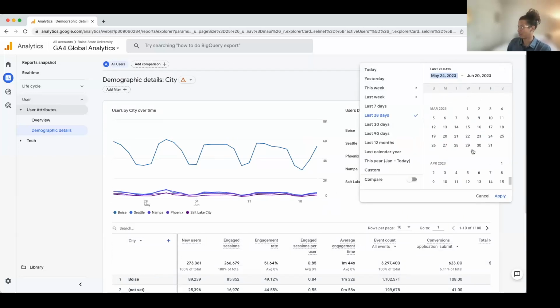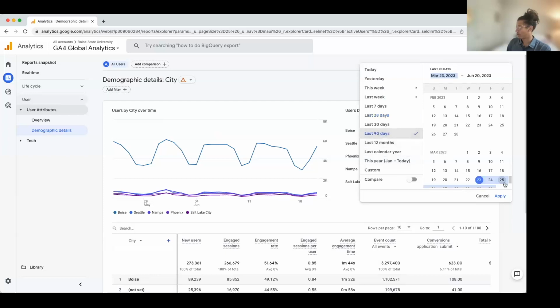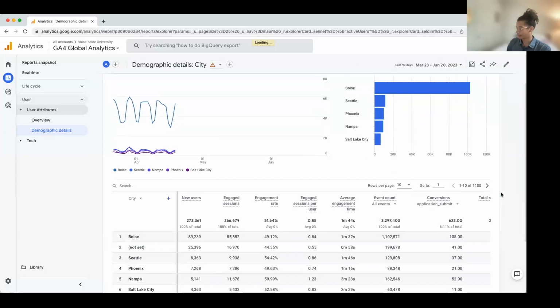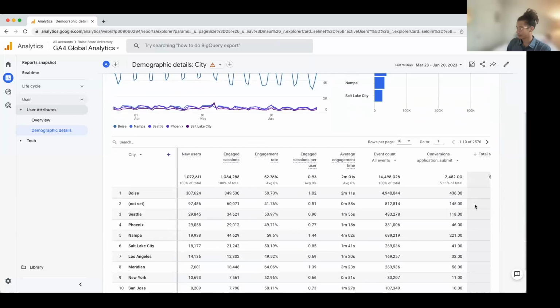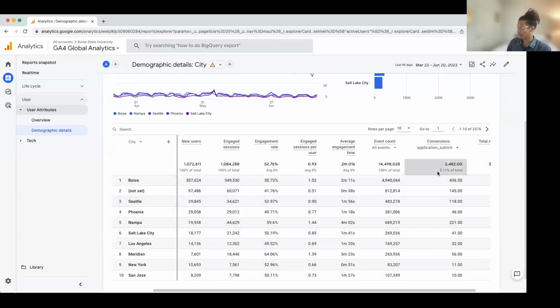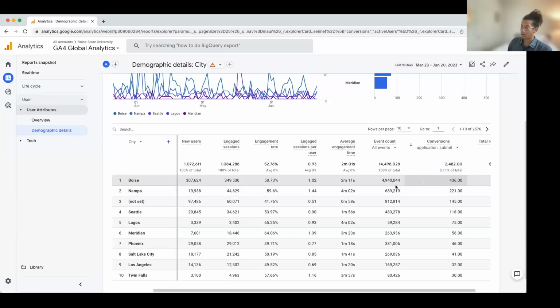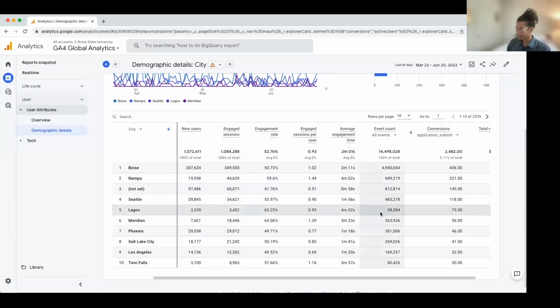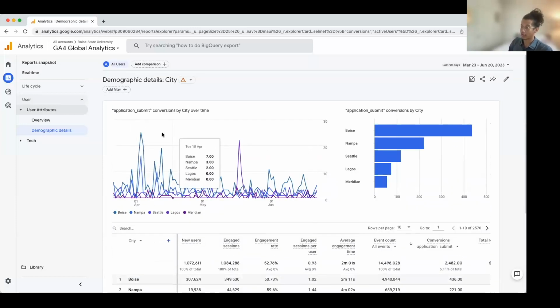Let's see the last 90 days. So the order doesn't change. We can see now Boise, Nampa, Seattle. And that's a great way to get some geographic information here.